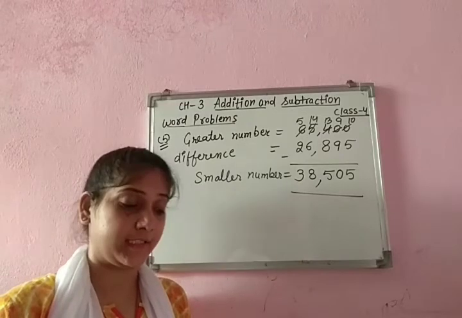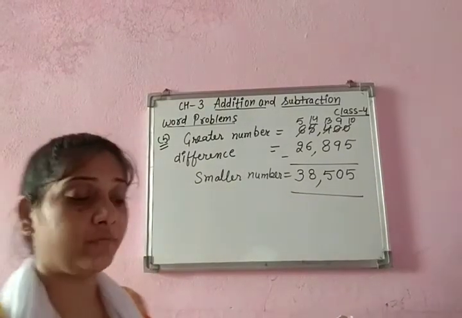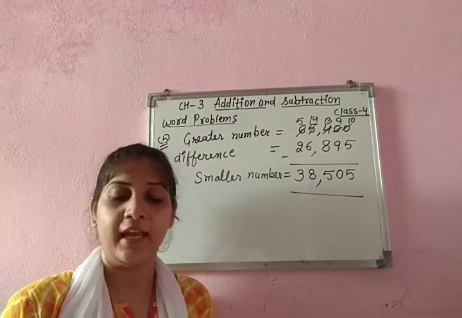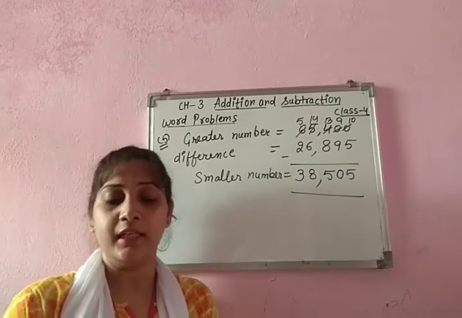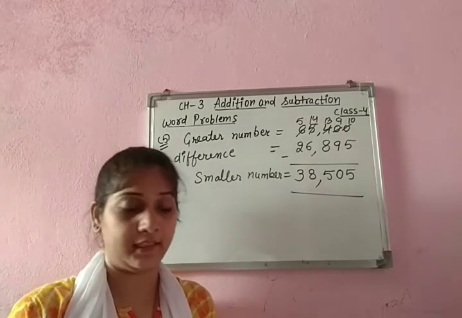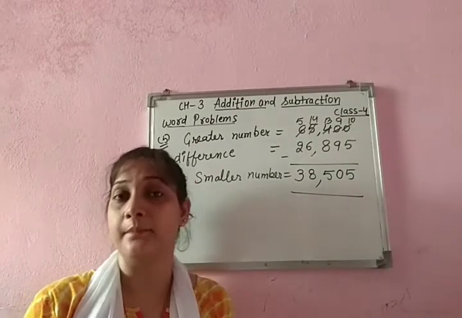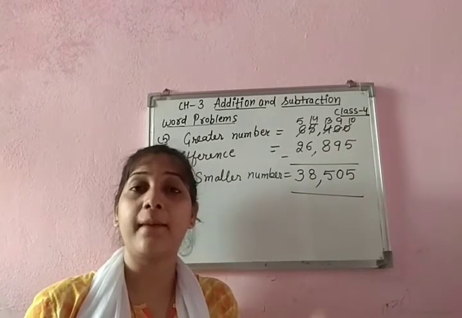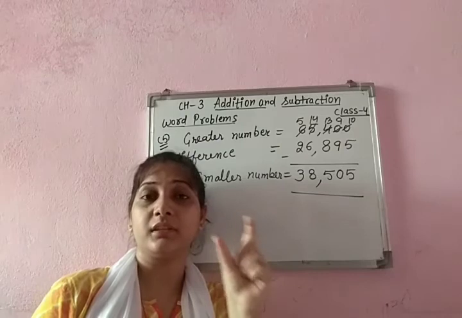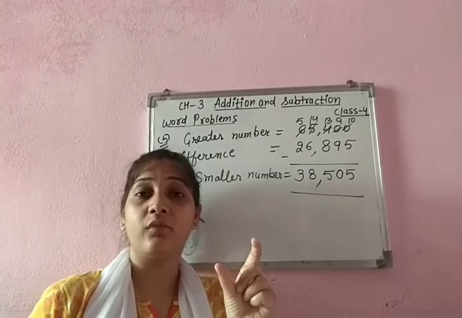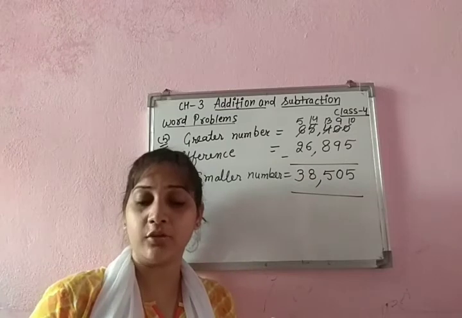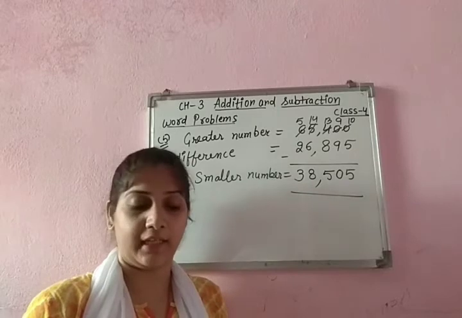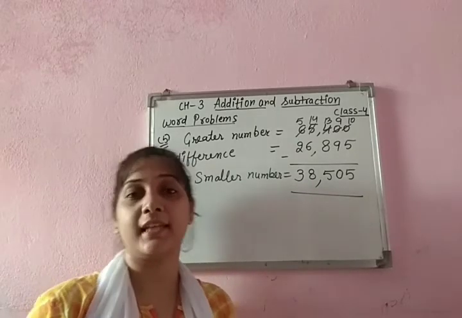Now question number 6. Mr. Khurana's annual income is rupees 1,89,432 and Mr. Agarwal's annual income is rupees 34,958 less than Khurana's income. It means आपको Mr. अग्रवाल की इनकम गिवन नहीं है, बट आपको एक रिलेशन गिवन है, एक कंडीशन दैट इज गिवन. व्हाट इज दैट? कि मिस्टर अग्रवाल की जो इनकम है वो मिस्टर खुराना की इनकम से कितनी लेस है, आपको ये बताया गया है. सो व्हाट इज मिस्टर अग्रवाल्स एनुअल इनकम?